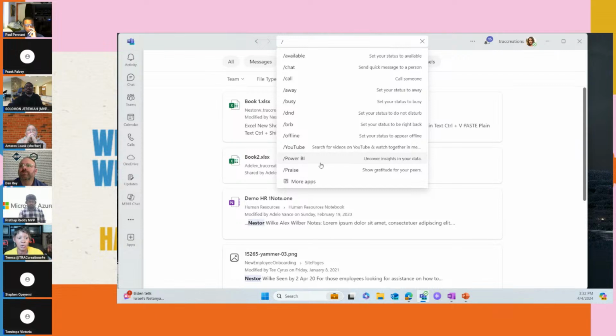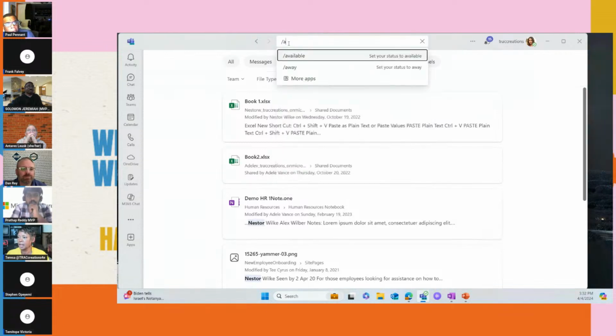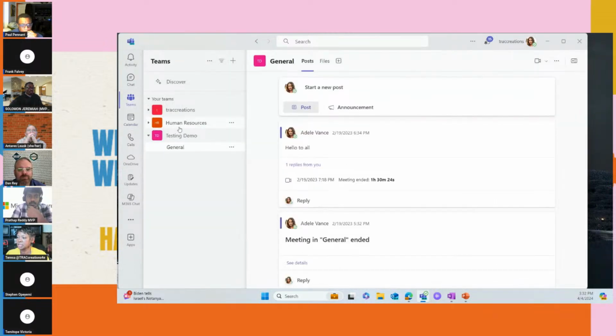I did notice that they have shortened this list. So I don't know if they felt like some of the other options that they provided was not used, and we gained YouTube, Power BI, and the praise. So don't forget that you can easily, quickly come in here and type the stuff in to take care of an action. But what's new is, if you know that you are in a particular team,